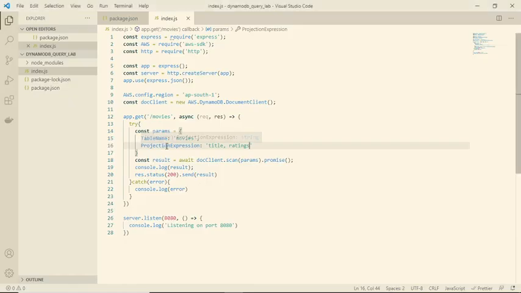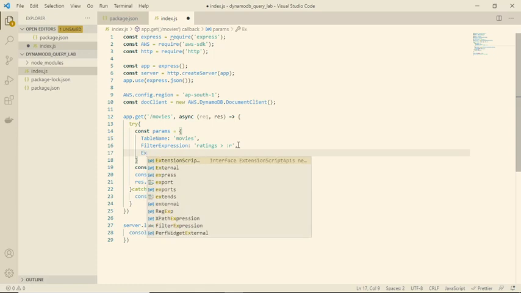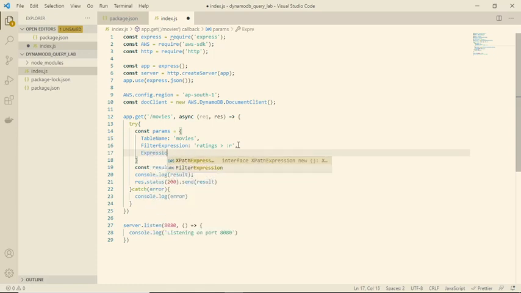And if you want to use some where condition, we can use filter expression, and you can pass some condition. Suppose I want to retrieve movies whose ratings are greater than some placeholder, and in expression attribute values, I can pass the value for my placeholder.